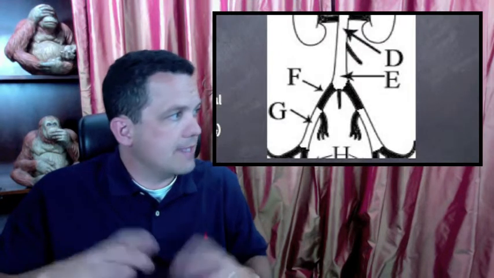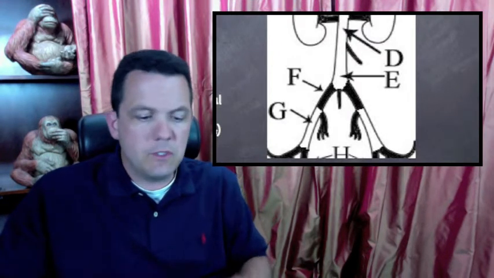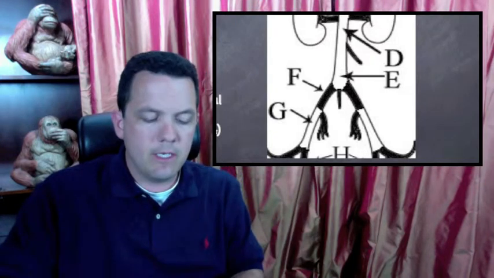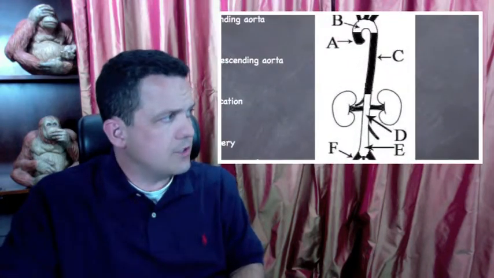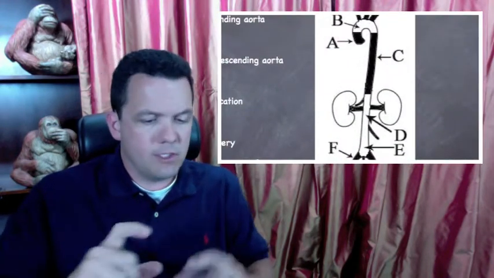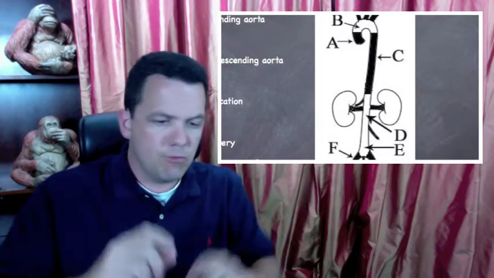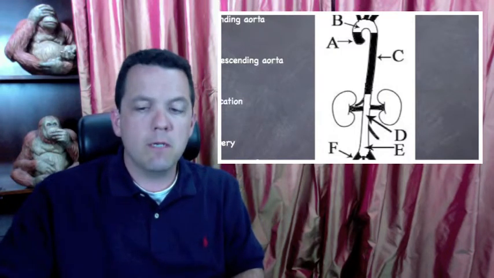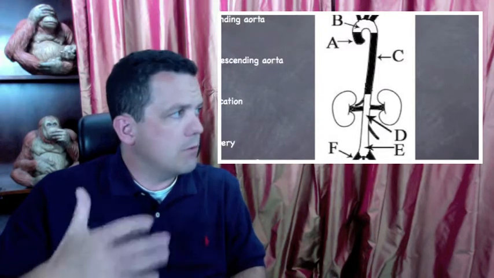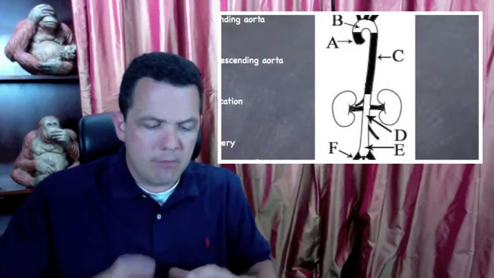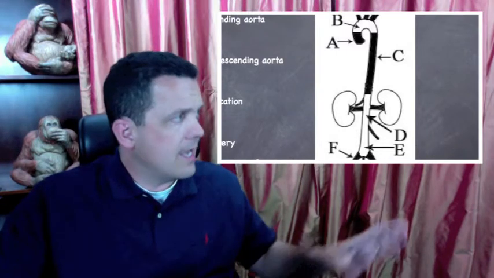The common iliacs bifurcate into the internal and external iliacs, and then we get down into the superficial femoral and the profundifemoral in that next bifurcation. But basically, focusing in just on the aorta here, it's important to understand that there are two, three, four different segments of the aorta that a lot of doctors are going to be doing diagnostic studies in, and we want to make sure to label those out on a diagram like this,